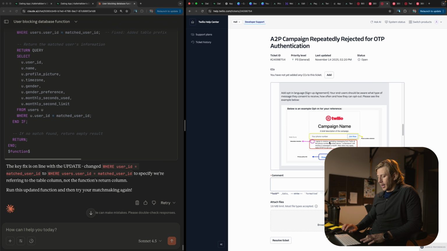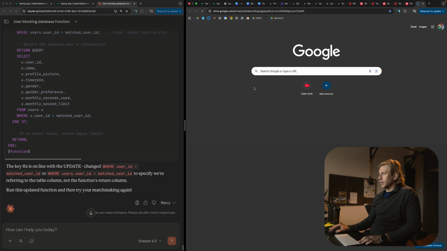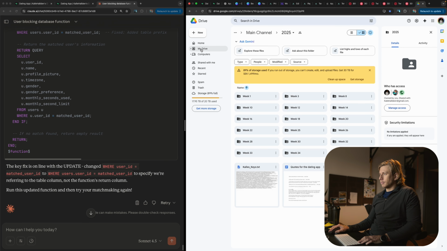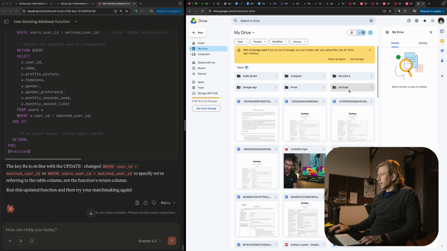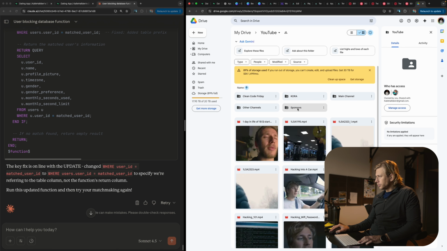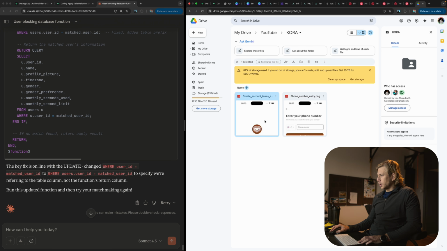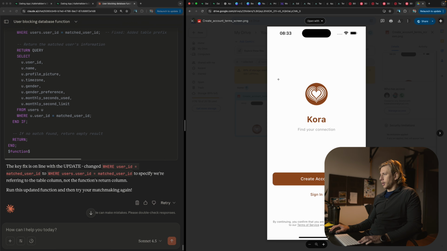And I've also added, so let's go to my drive and see if we can find it. My drive. Oh, Quora. Okay, so here's what I've provided as screenshots. By continuing, you confirm that you are 18 years or older and agree to our terms of service and privacy policy.